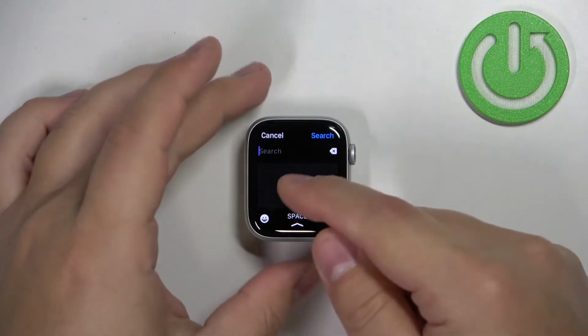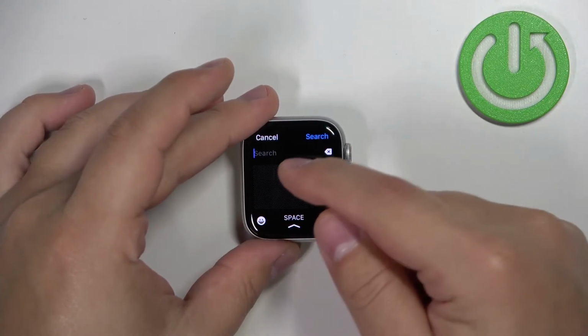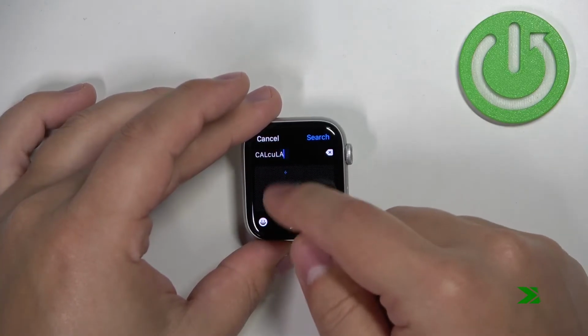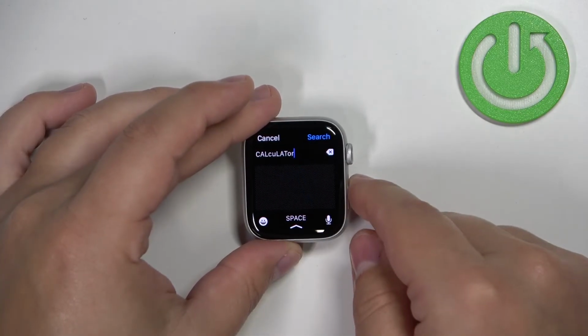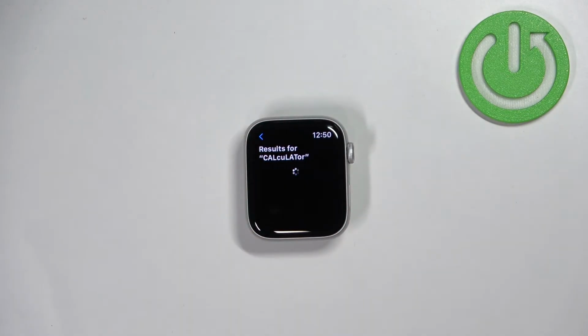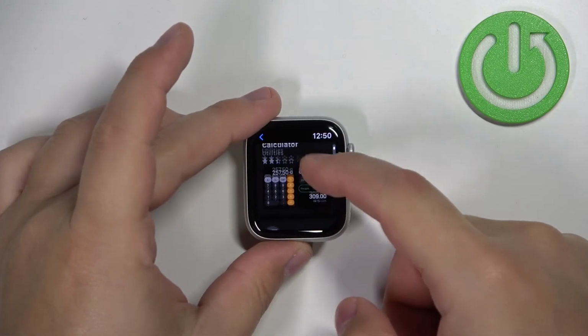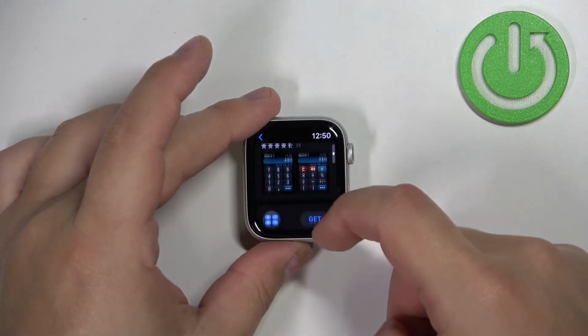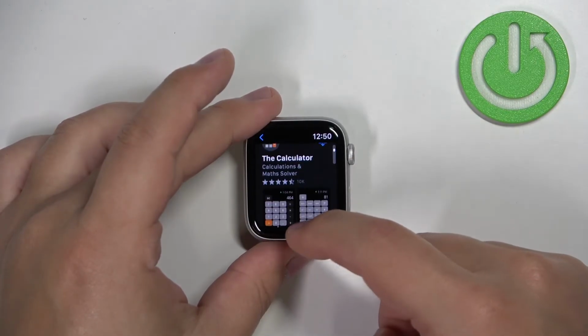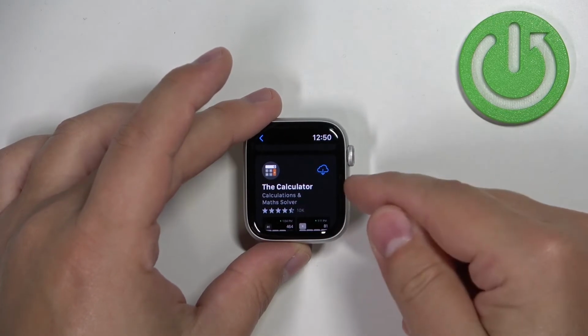So to do it, we need to type in calculator. So let's type in calculator and then tap on search. And now let's scroll down through the list of apps, and we have different types of calculators, as you can see. Find the one you want to install, for example, this one, and we can tap on the get button